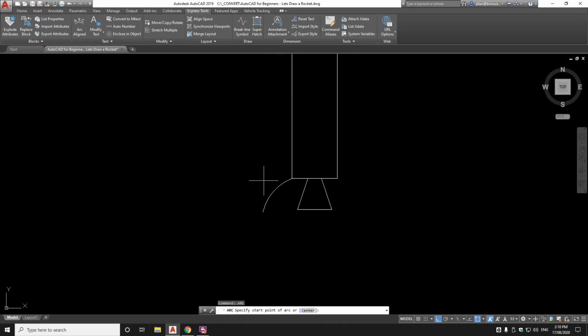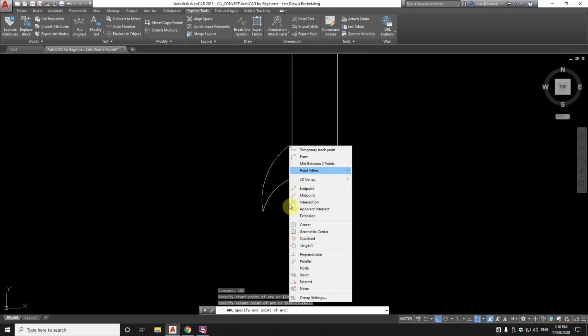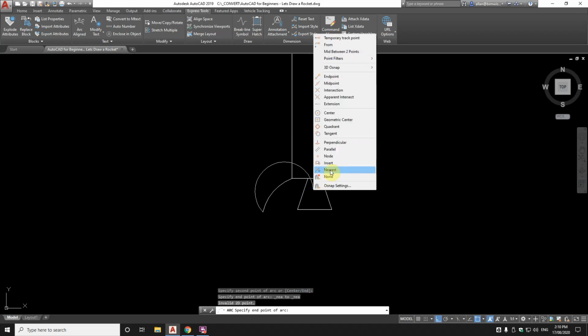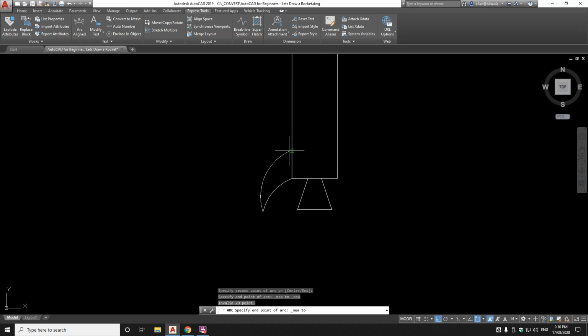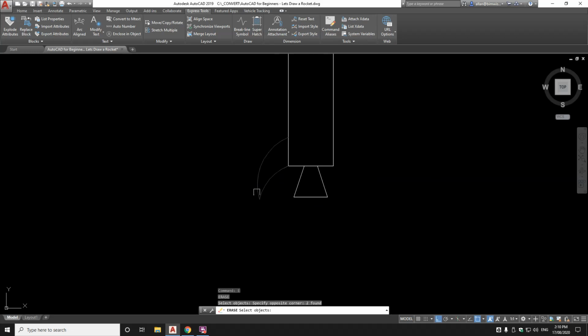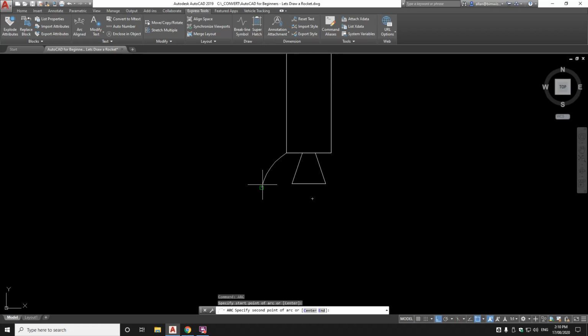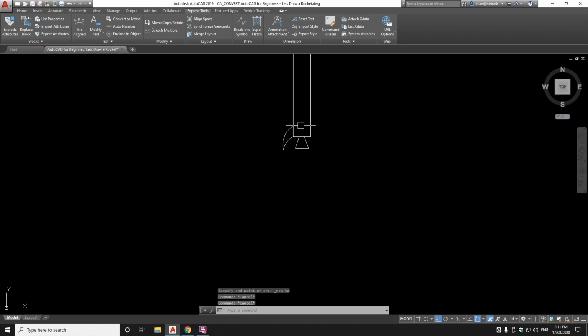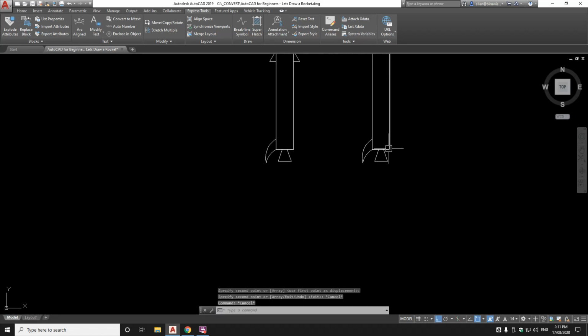Don't know if I like this. Arc, select the end point here, select up higher, and then pick shift, right click nearest, just do that again, nearest, and then pick that line there. That's just not right. I don't like it. I'm going to do it again. I just don't like the shape. Make it a bit tighter. Arc, endpoint. Looks like it. So I'm going to copy that over there, and I'm going to erase the things